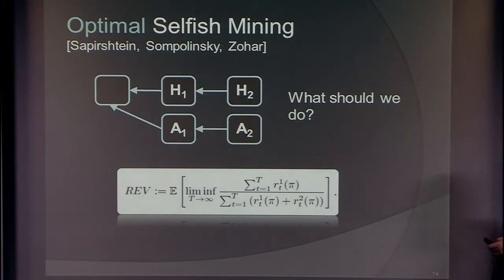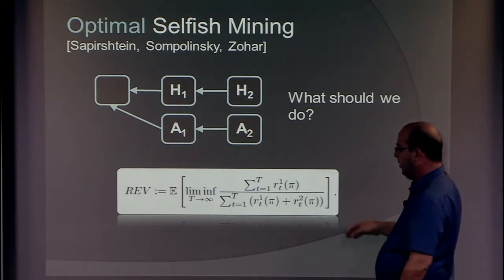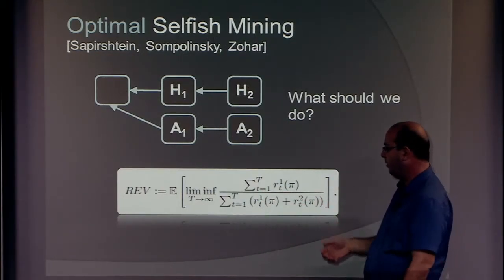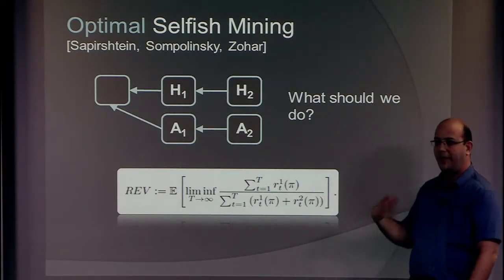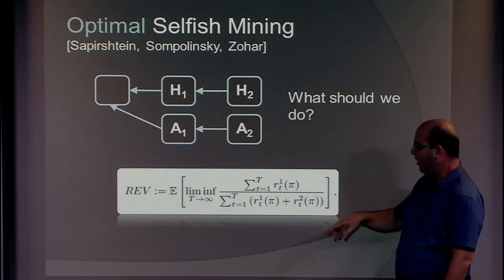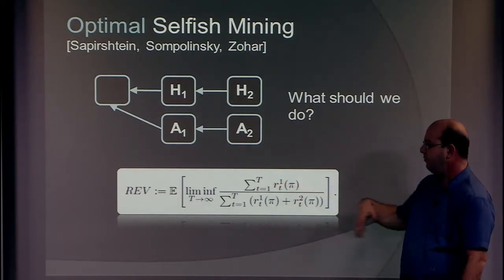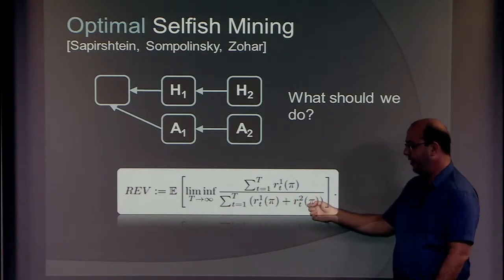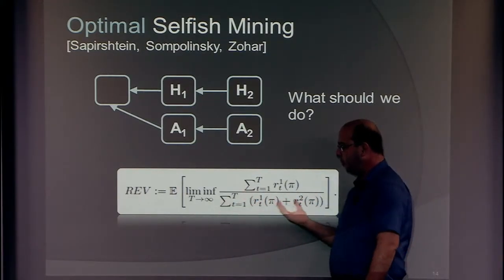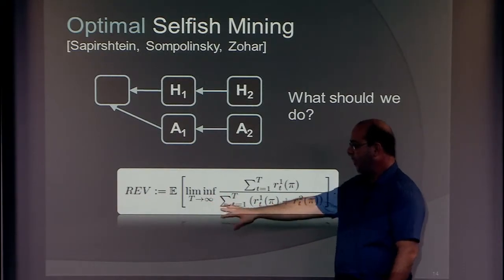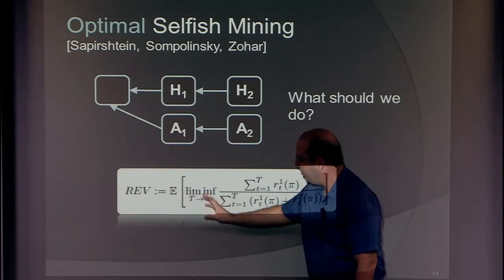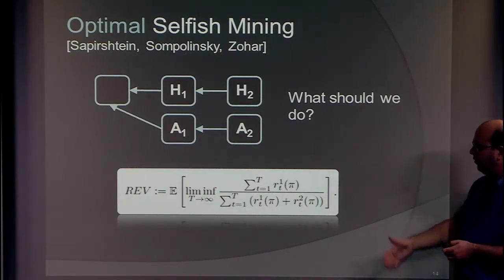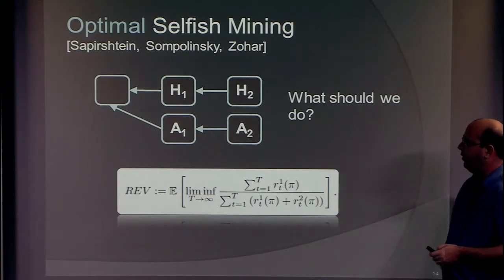So we started to look at this problem and try to think about the utility. Like I told you before, what we're really interested in is the fraction of blocks that we built out of the total. So if we have some policy pi to handle how we behave, then R_T of 1 here is the number of blocks that we've entered into a chain, and we're looking at the fraction of that out of the total. And we're looking at some sort of an undiscounted infinite problem. If you're worried about the expectation and the limit here, we can actually prove that they can be interchanged in this problem. So we have this weird reward in our problem.